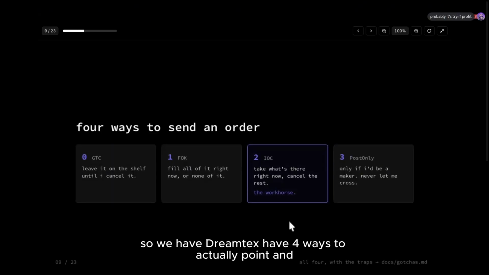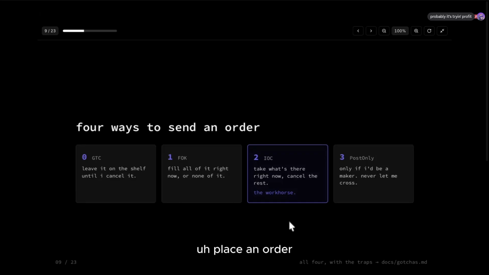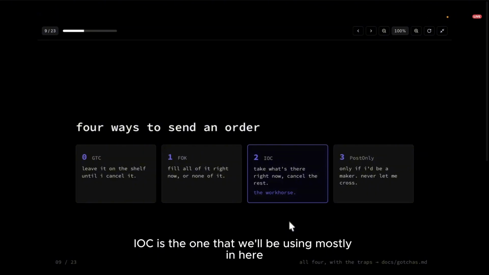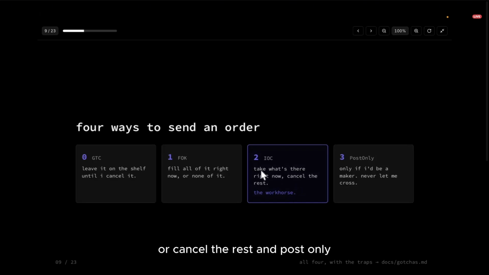Moving forward. Yep. So dreamDEX has four ways to place an order. You have GTC, leave it on the shelf until I cancel it. We have FOK, which is fill all of it right now, or none of it. IOC is the one that we'll be using mostly here. It takes what's there right now or cancels the rest.